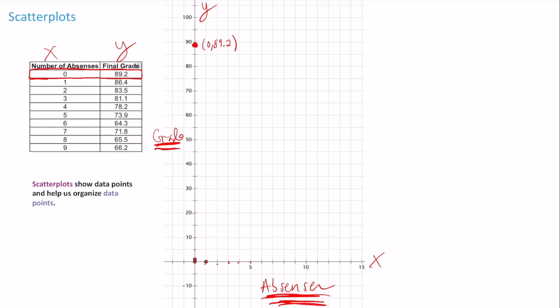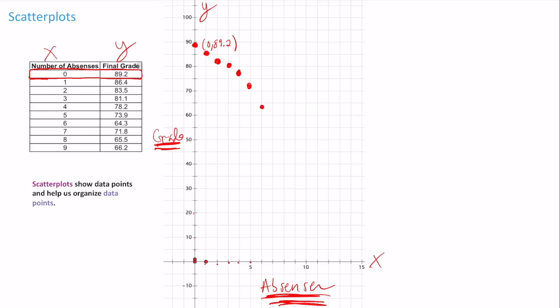Now we have 1, 86.4, so I'm going over to 1 and then up to 86.4, which is still pretty high up there. 2, 83.5, so I'm going over to 2, going up to 83.5. 3, 81.1, so going up to 3, 81.1, which is right here. 4, 78.2, and that would be like right here maybe. 5, 73.9, so 5, 73.9, something like that. 6, 64.3, so 6,